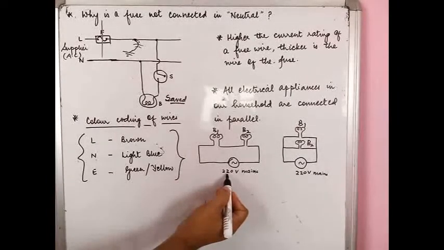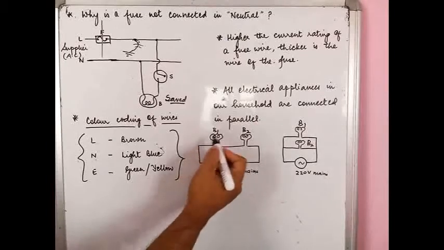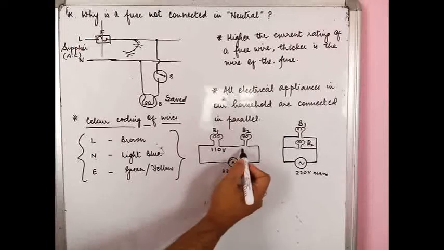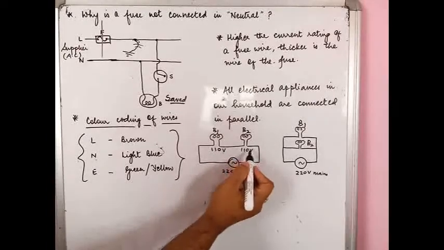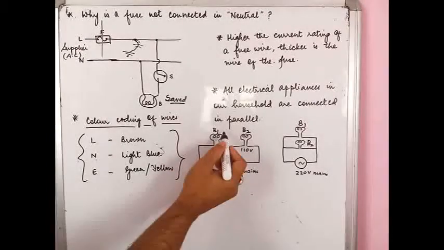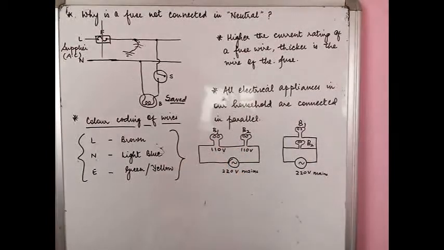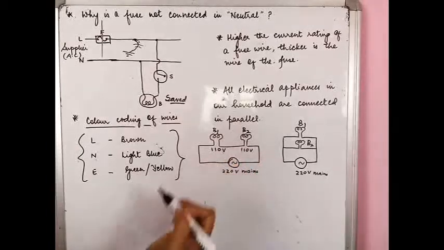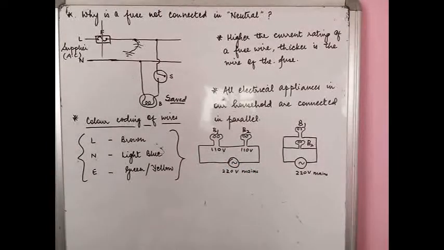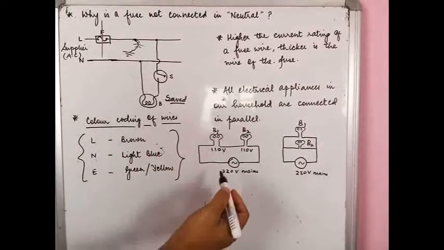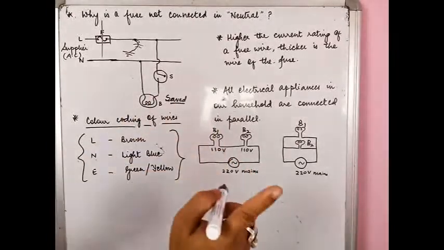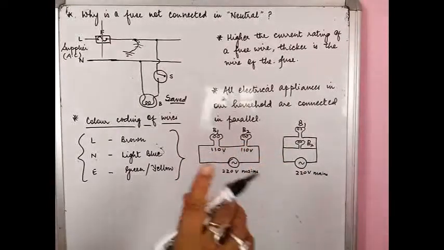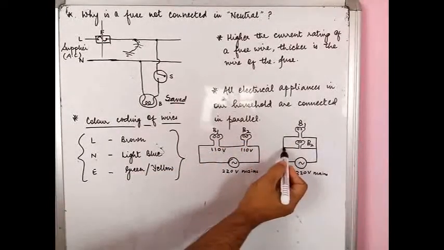So this 220 volts, whenever you have series combination, gets divided equally into two parts of 110 volts. So this bulb will have a potential difference across its ends of 110 volts. Similarly, this also will have 110 volts. Okay, although the main supply was 220, it has got divided in series. Whereas in parallel the voltage supply does not get divided. You have the same